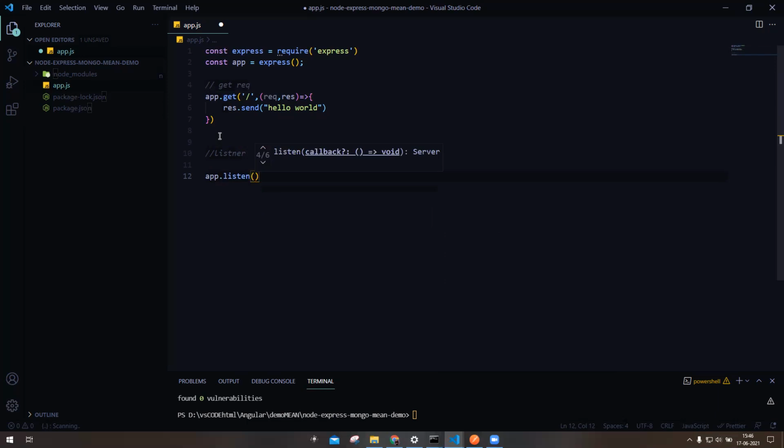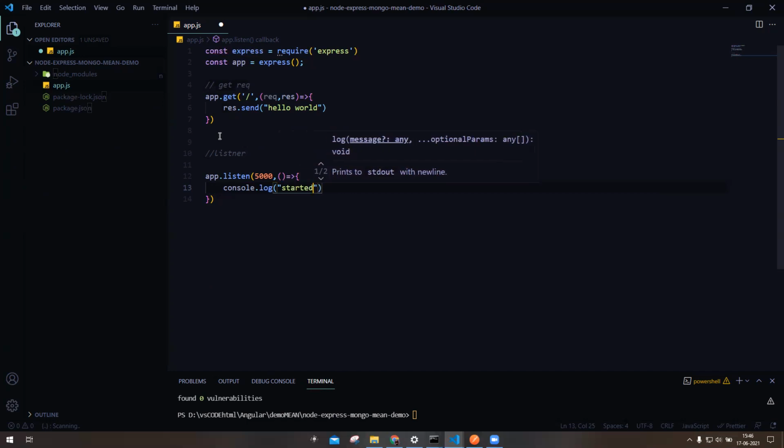I want this project to run on port 5000, and I will also give one arrow function to confirm whether it is connected or not. So I will write here, started on port number 5000. I will save this.